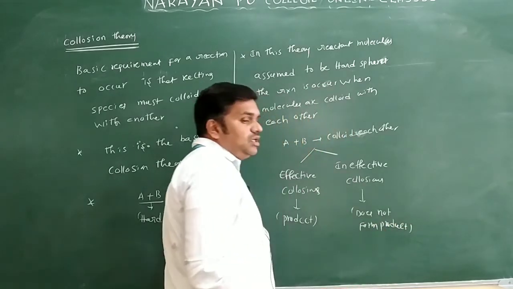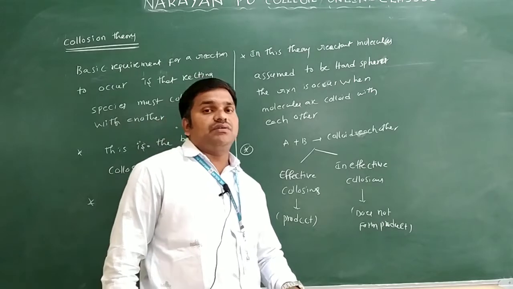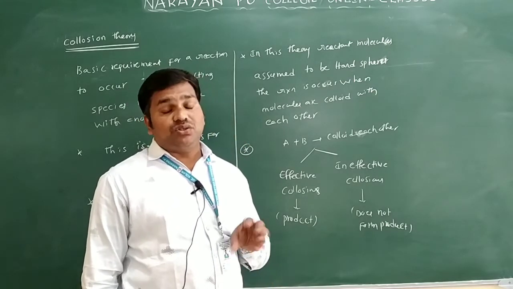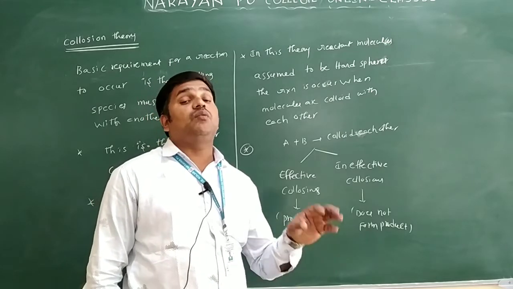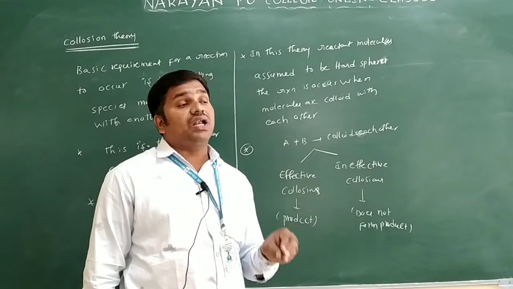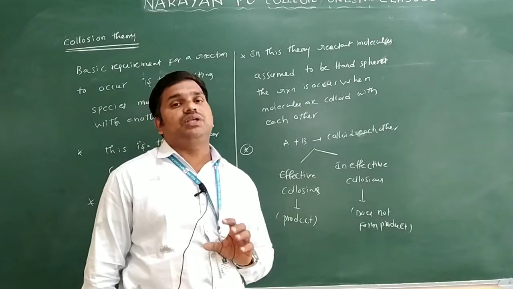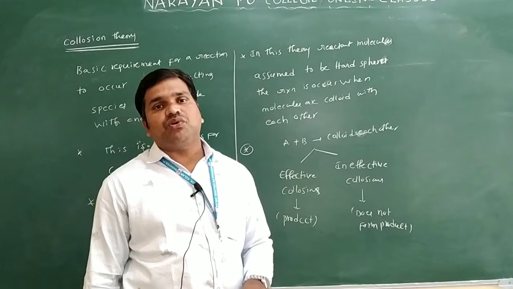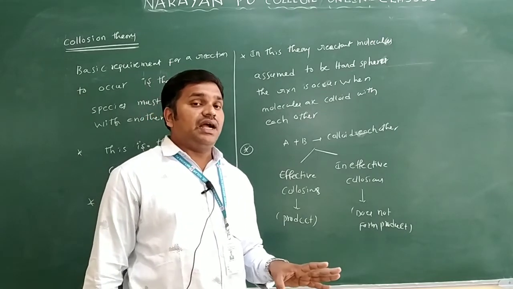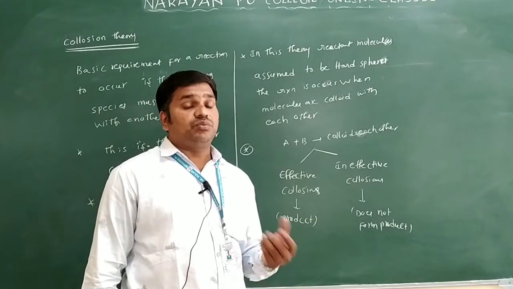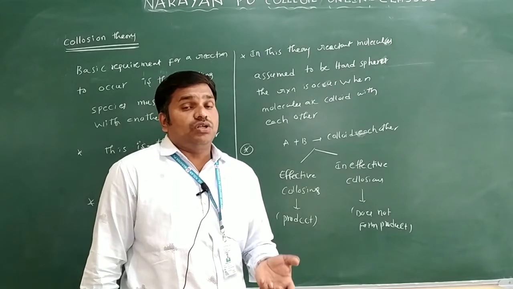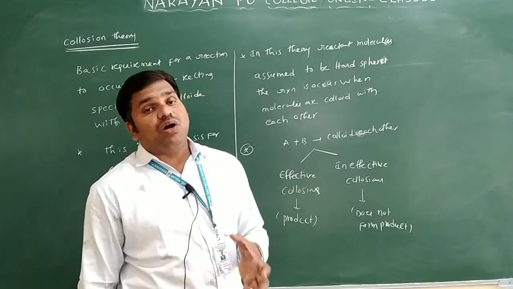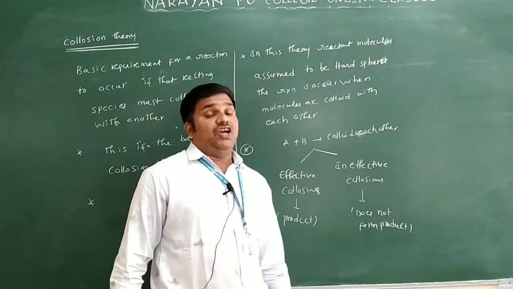Clear? The reactant molecules collide with each other. If the collisions are effective collisions, they form the product. If the collisions are not effective, we call them ineffective collisions, or elastic collisions, and they do not form any product. So all the reactant molecules are not converted into product. Only a fraction of the molecules form a product, by undergoing effective collisions.